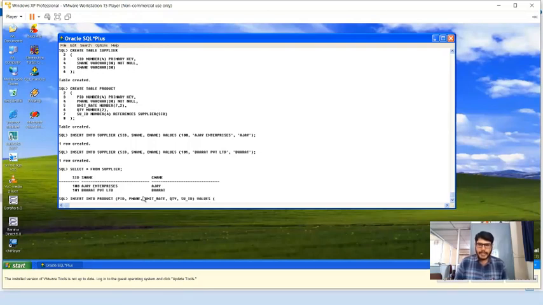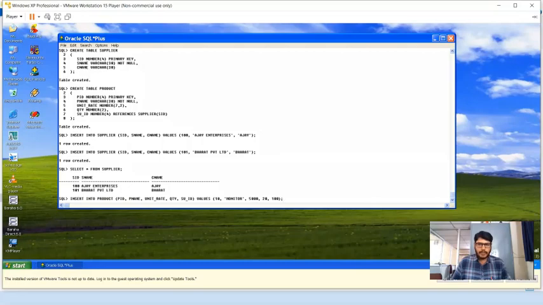So first, PID is a number. So let me specify the number as 10, and P name, let me consider monitor. Unit rate, let me specify 5,000 and quantity 20 and supplier ID. Now I need to specify the supplier ID value here. Assume that Ajay Enterprises have supplied monitors. Let me include supplier ID as 100 here.